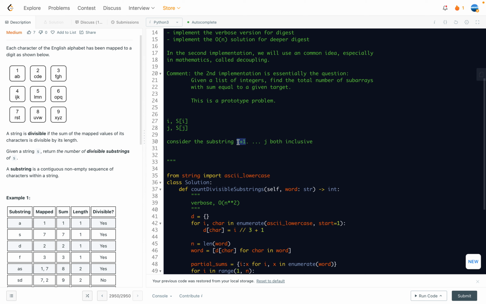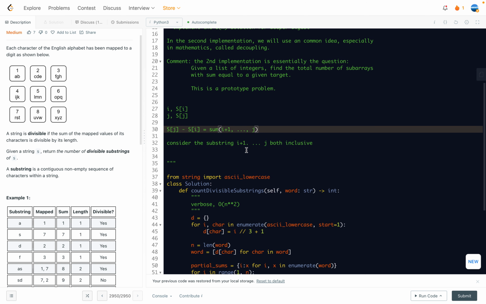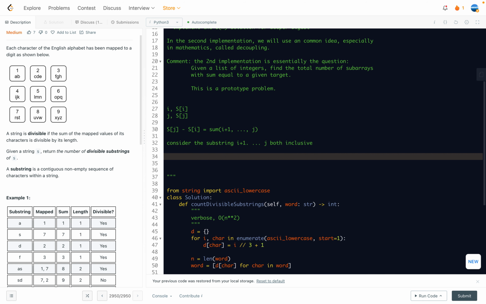The reason I use i plus 1 is for convenience of computing the sum, because S_j minus S_i is the sum of the corresponding numerical list from i plus 1 up to j, right? Roughly speaking. So now the condition, for this substring, say the word from i plus 1 inclusive up to j, being divisible is equivalent to saying